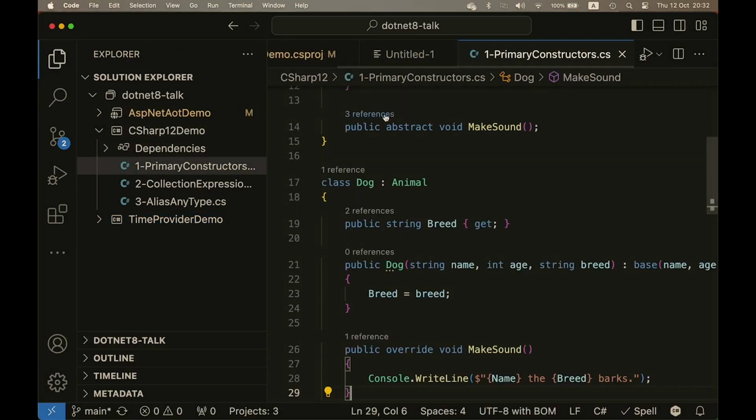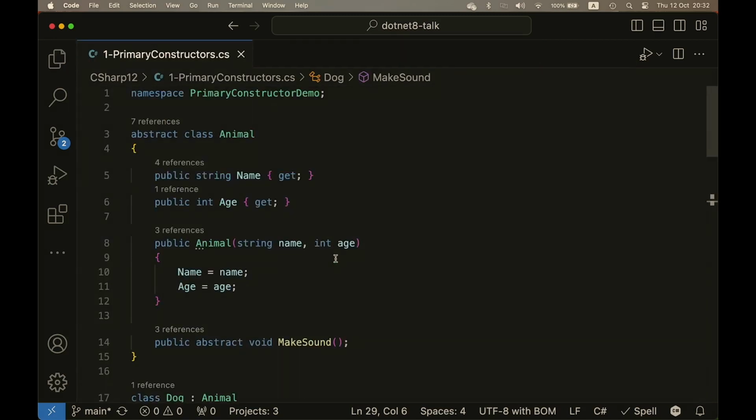I'm going to go to this primary constructors file. So primary constructors, new exciting feature. I'm really excited about it. But it may well be that the thing I show you here might not seem entirely new, especially if you've worked with C# records in the past, and especially positional records. If you've used positional records, you've probably already seen this. This is basically taking the idea behind positional records and lifting it to basically arbitrary types. So you can apply it to your classes, your structs, and whatnot,